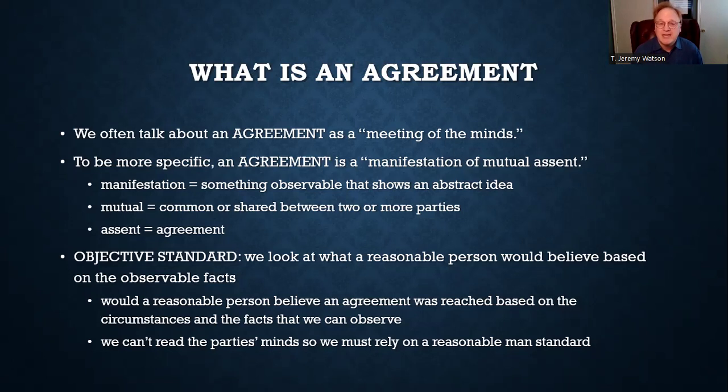In fact, it doesn't even need to be that direct, right? A manifestation could be something as simple as I said, hey, I'll pay you $10 for that watch. And you nodded your head up and down and said, right? Were you intending to accept the offer? Maybe. You made a sound, you made a head move. It may be up to a jury to decide whether that was an acceptance, whether we had a meeting of the minds, whether that was an agreement. But at least there's a manifestation there, right? So something observable, something that we can put into evidence, something that we can testify about or show the judge or show the jury. That's a manifestation.